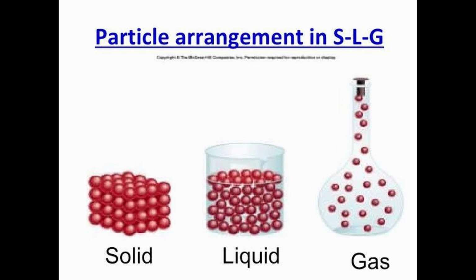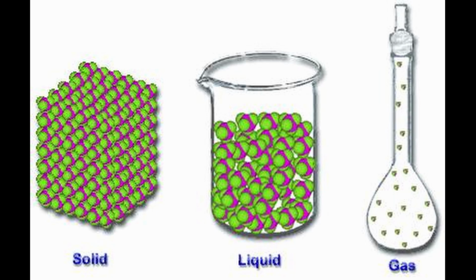Now let's move to the case of liquids. What happens? Intermolecular spaces are somewhat larger than in solids, and intermolecular forces are small as compared to solids. So in that case, the molecules of liquid are not so tightly packed in a small volume as in the case of solids. So liquids have lesser density than solids.